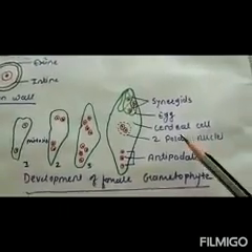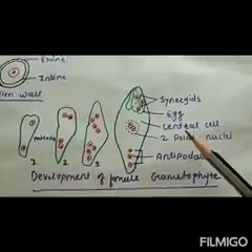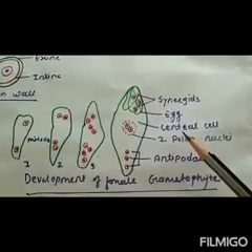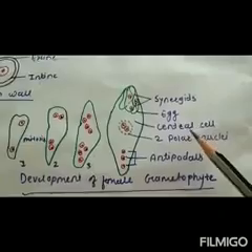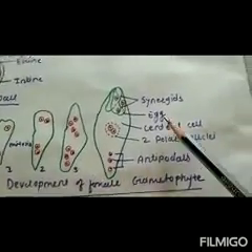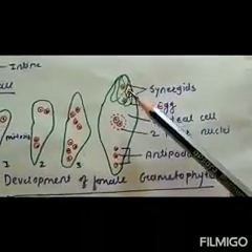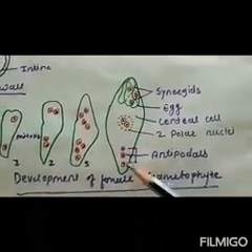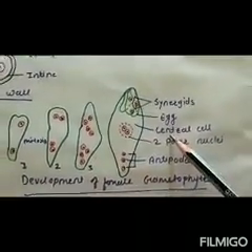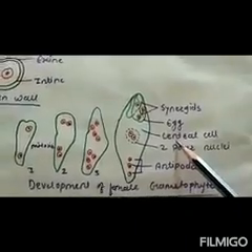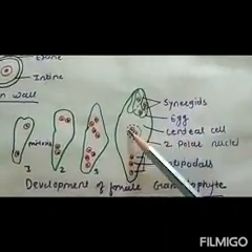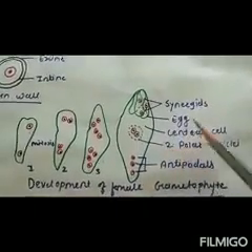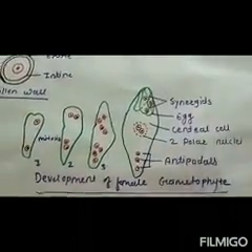As I told you, the embryo sac is also known as the 8 nucleated and 7 celled structure. So how does it happen? So here we count the nuclei: 1, 2, 3, 4, 5, 6, 7, 8. That is the 8 nucleated. But only 7 cells, we count the 2 polar nuclei as 1 cell in the center. That's why it is called the 7 celled structure also.